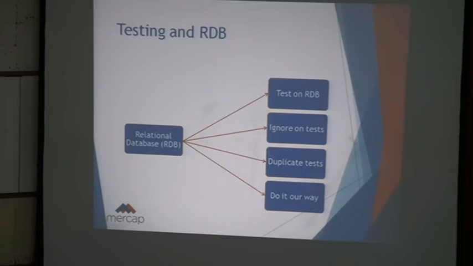You could either test everything on the database, which is something that our previous products used to do. Or you could say, no, I don't care about the database, my main focus will be the model, so you'll use test-driven development and ignore everything about the database, and then we'll see in production how that goes. Or you can do the test-driven development, get all the domain objects and the systems, and then do some additional duplicated tests to check database performance and that everything's going fine. But this talk is about a fourth way that we are going to tell you about,